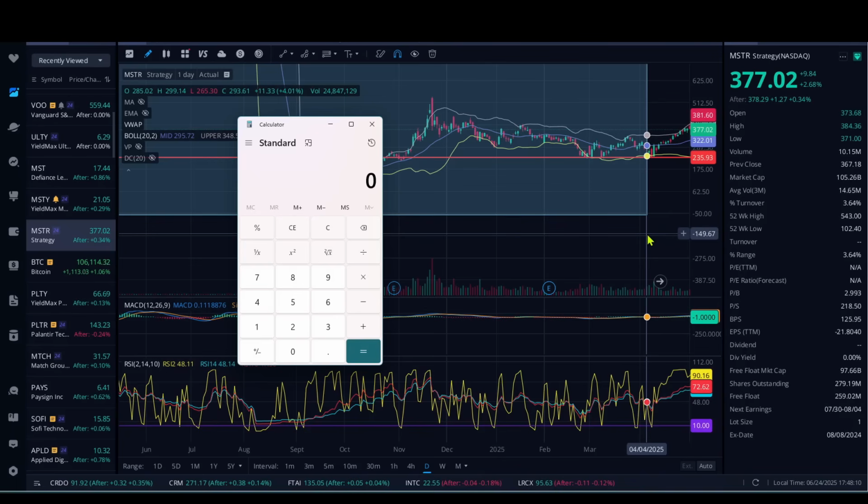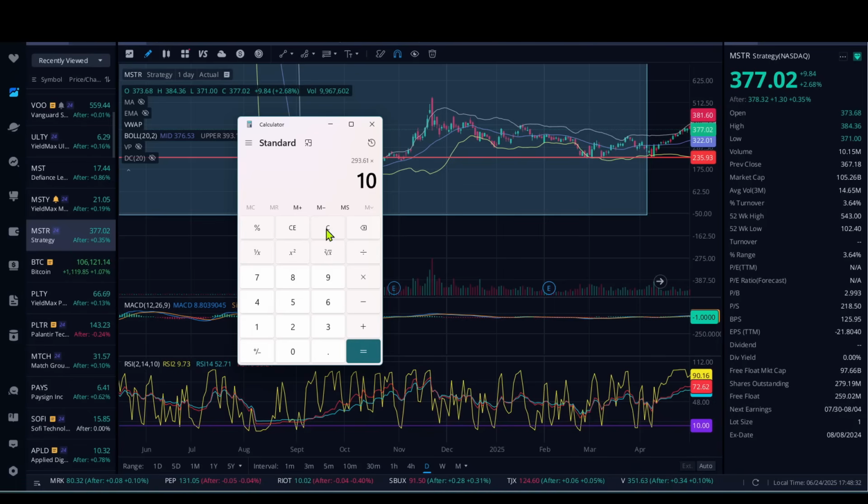That's the end, right? And I'm looking at that closing price of $293.61. So we can take that 293.61 times 10. Why am I taking it times 10? Because I am trying to get what that price would have been if it did not split, so I can compare apples to apples from the beginning of this period to the end of this period. So I take that, and now I got